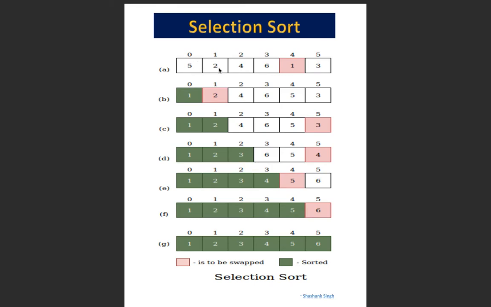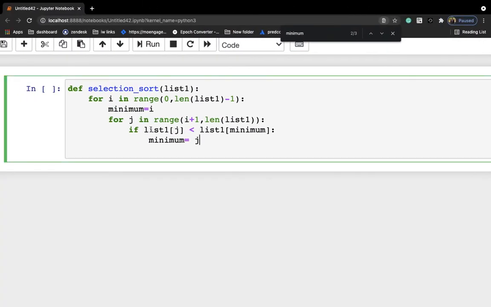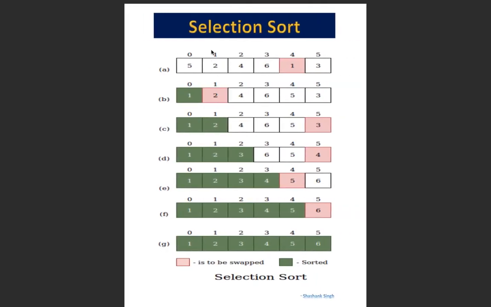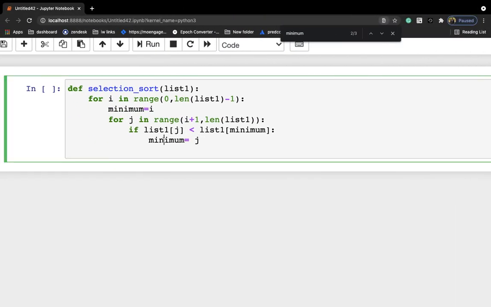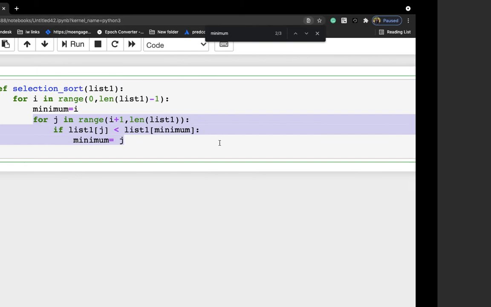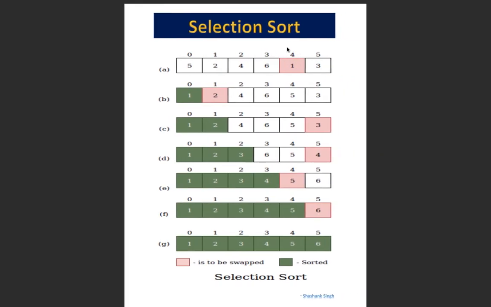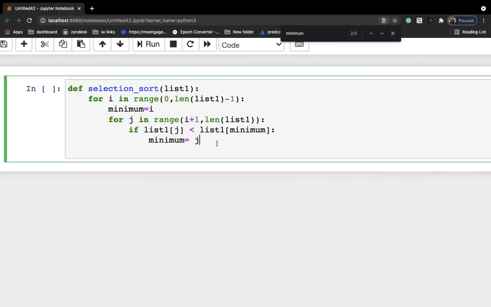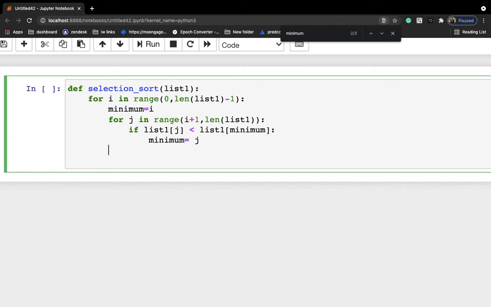So once list1 of j is less than list1 of minimum, I will store this j index in the minimum variable. We'll keep on doing so. At the end of this for loop we have the index of the minimum value. The minimum value is 1, so 4 will be in minimum at the end of this loop.